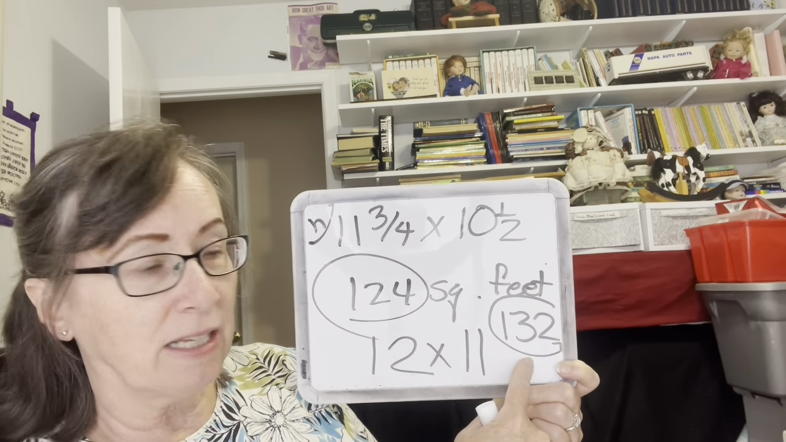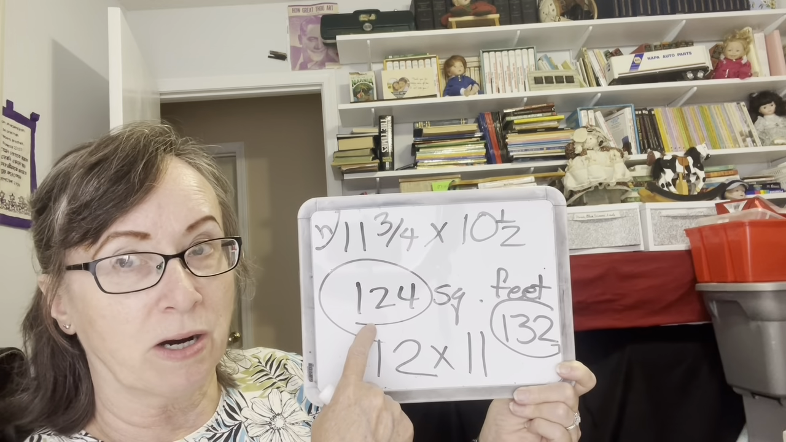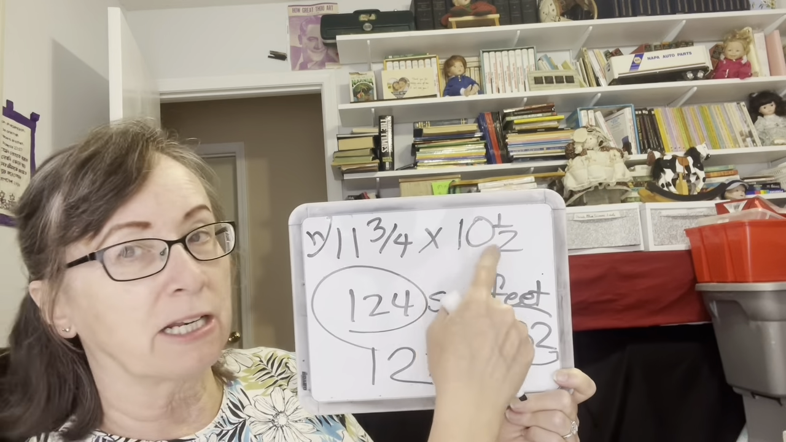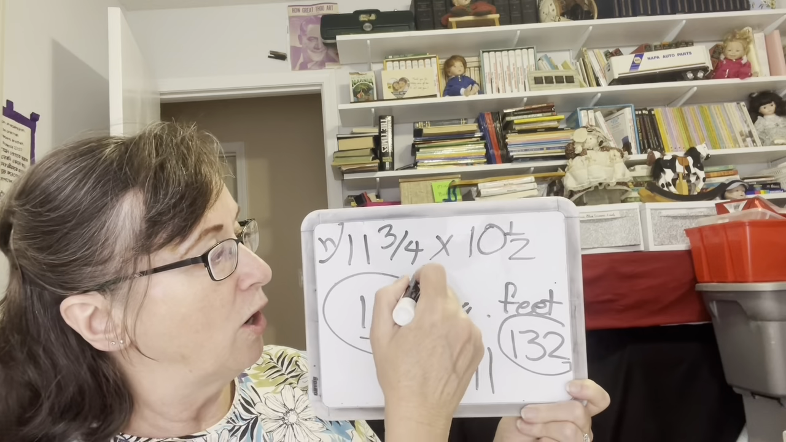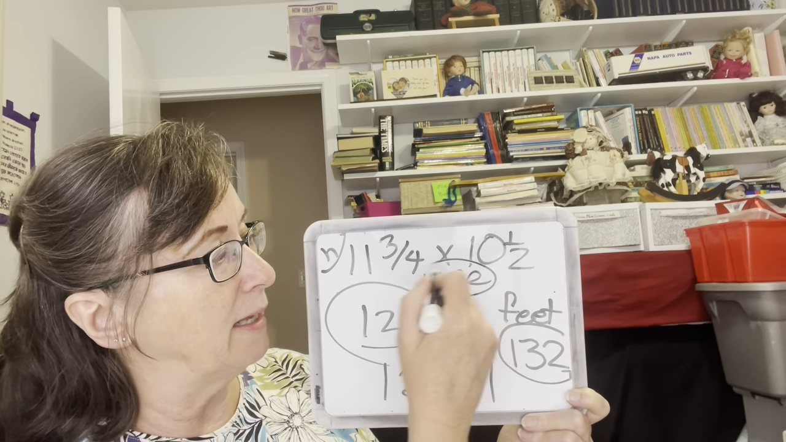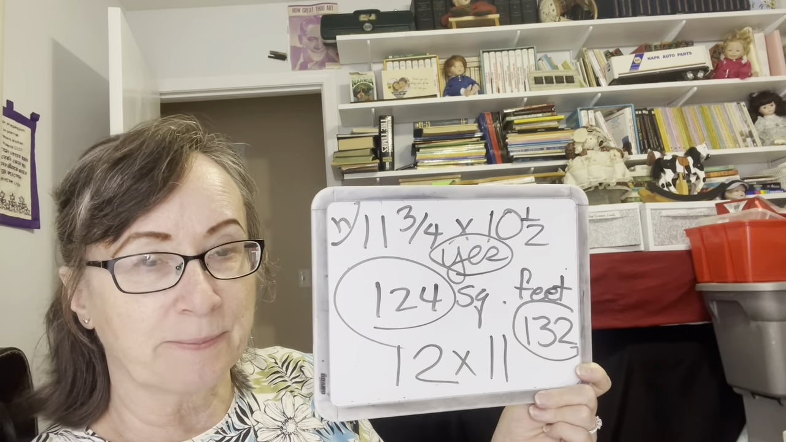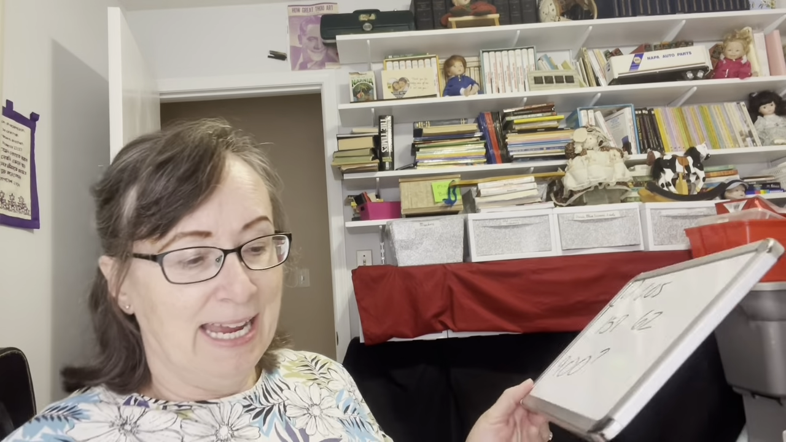132 is a little bit bigger than 124, but we expected a little bit bigger because we rounded up on both. So I'm saying yes, her answer is reasonable, isn't it? Okay, now let's look at I. And it says it is